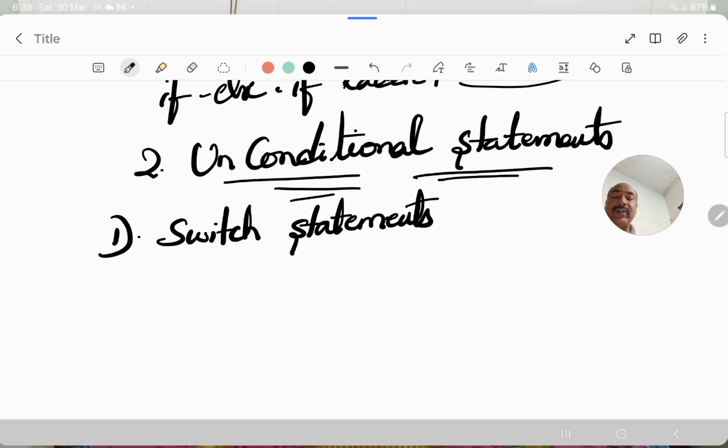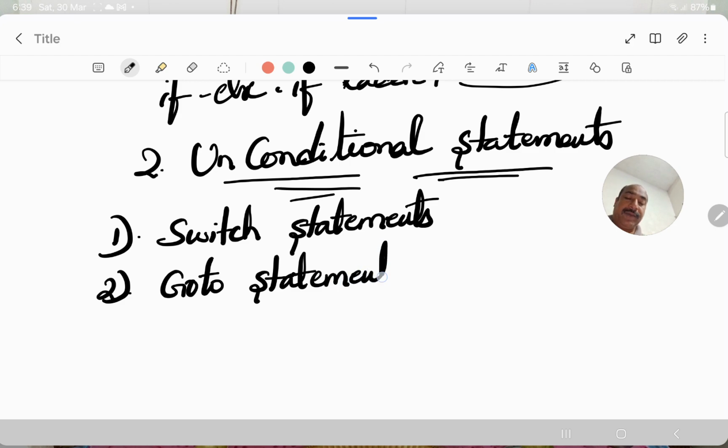Switch statement. It looks like a switchboard. If you select the switch, the fan will turn on like that. This switch statement will work. Okay. Second one is goto statement. Goto statement is like that. Goto, it moves to a particular block of statements. Okay. Third one is the